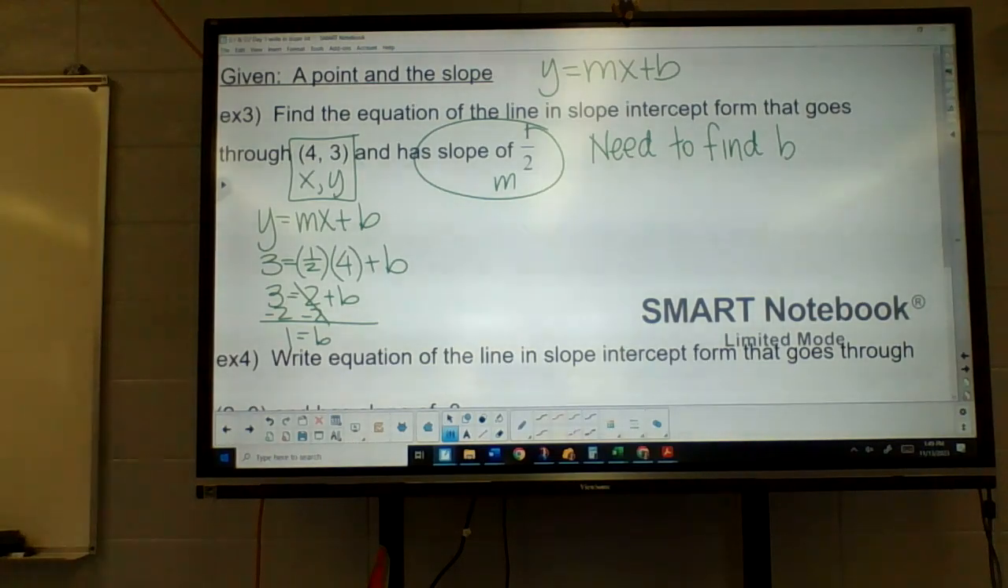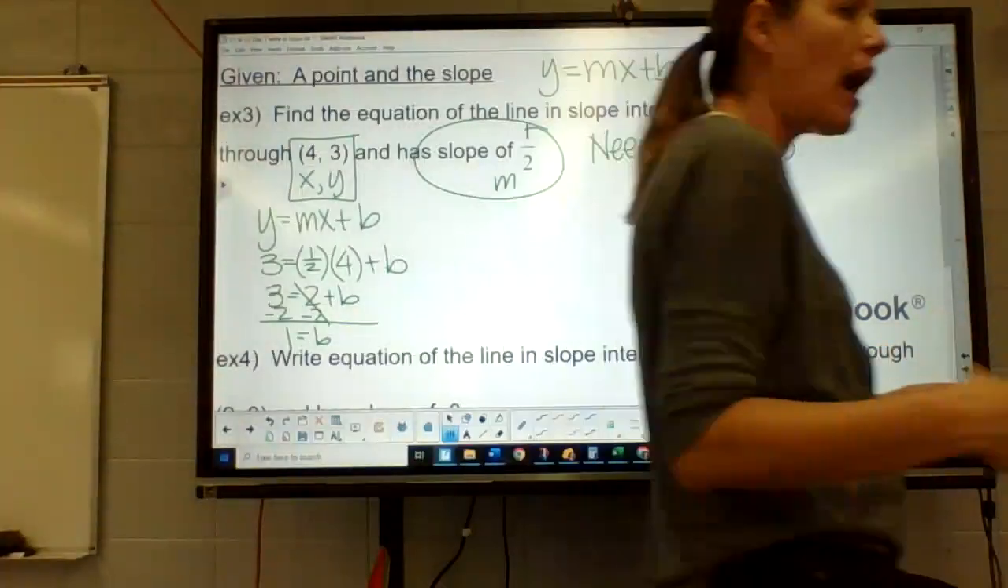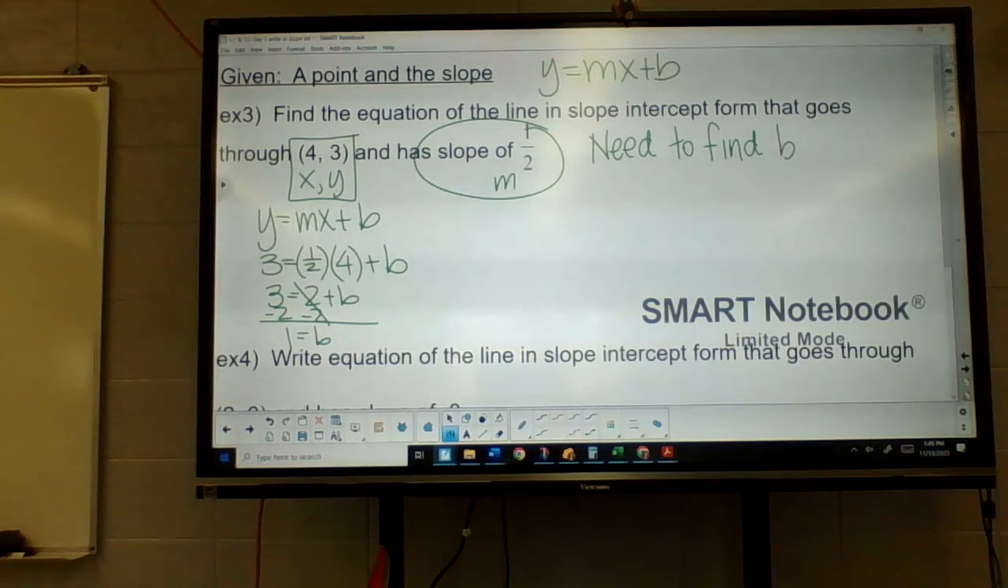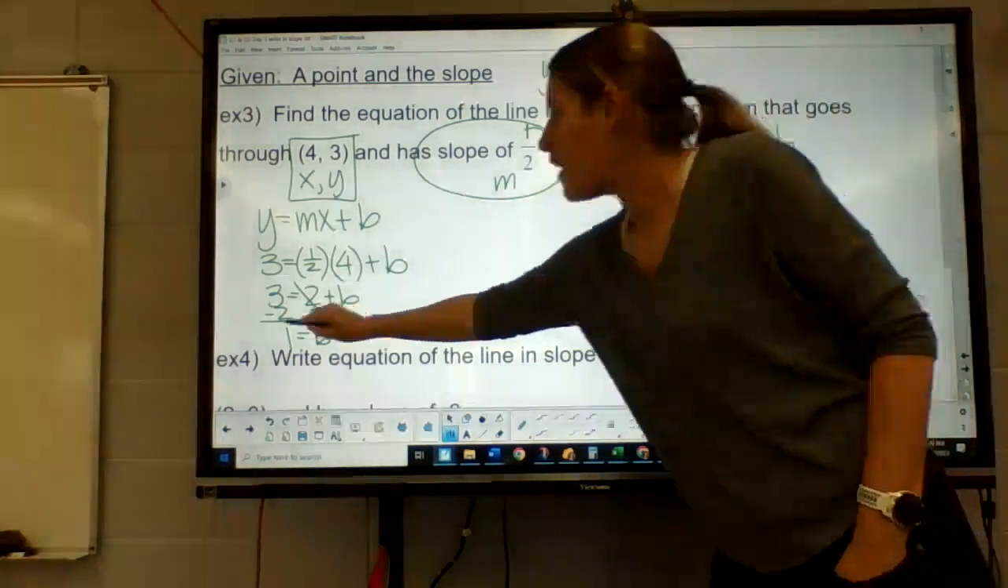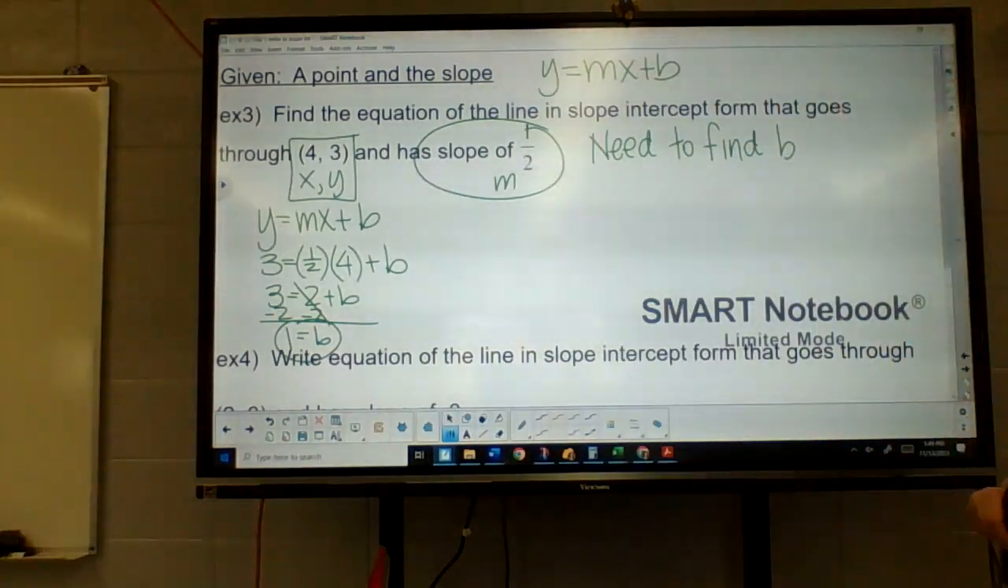Now again, this problem becomes like the one from the front side now. So I need to find b. I found b. Now that I have b, I'm going to take